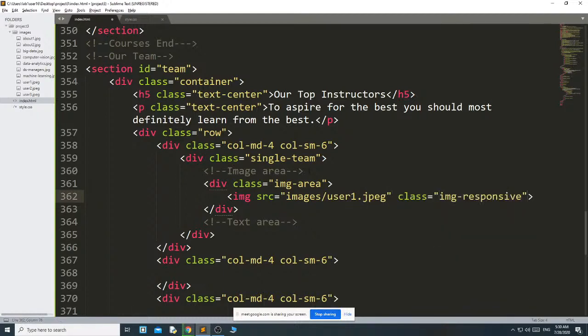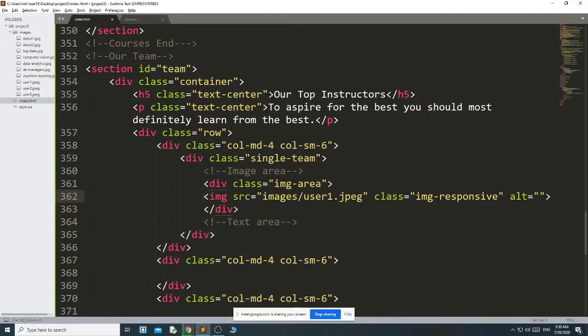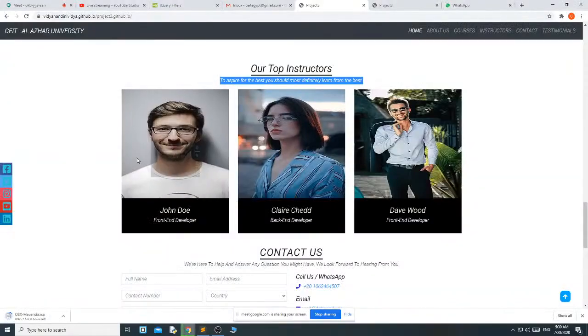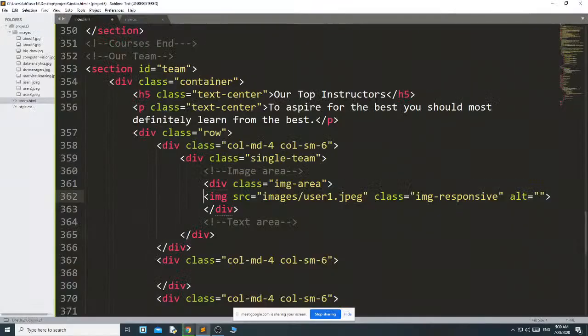Okay, alt. This is the image. After the image you can also add other things, but all of this comes under the image area. That's why after adding this image,